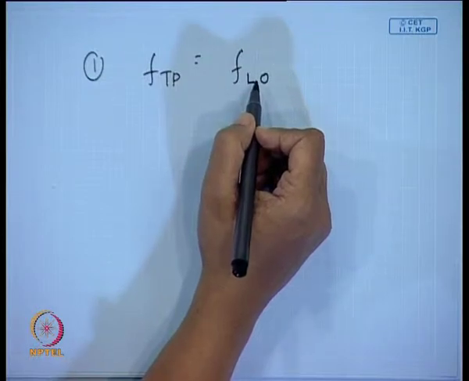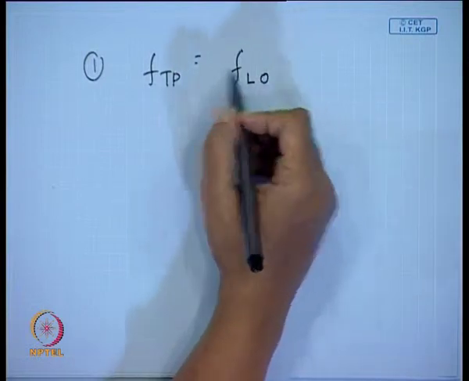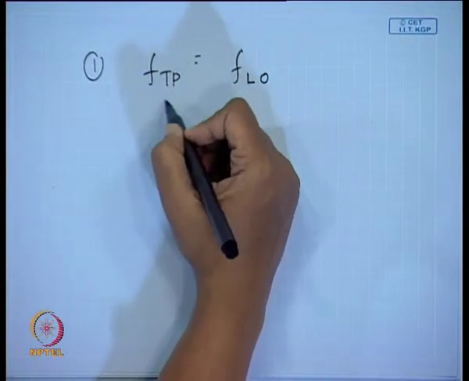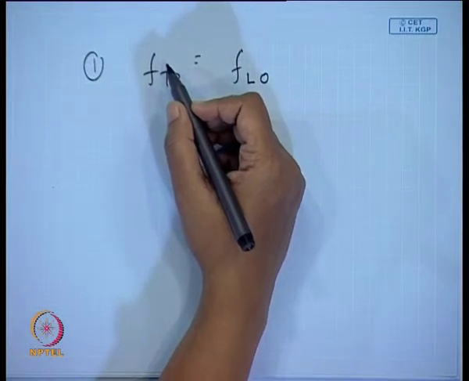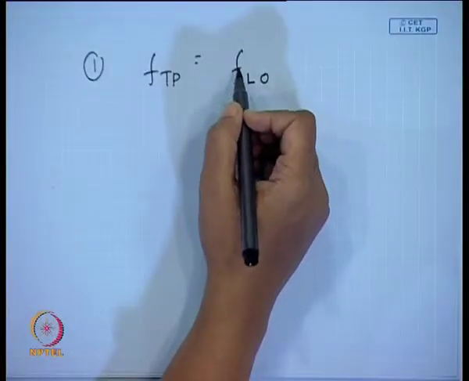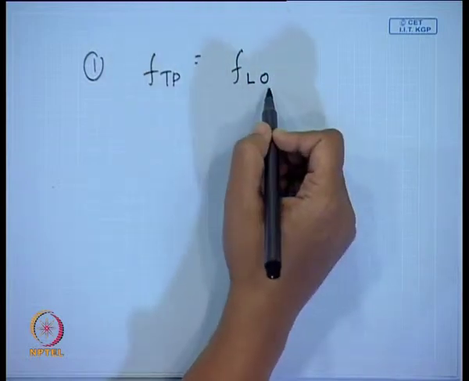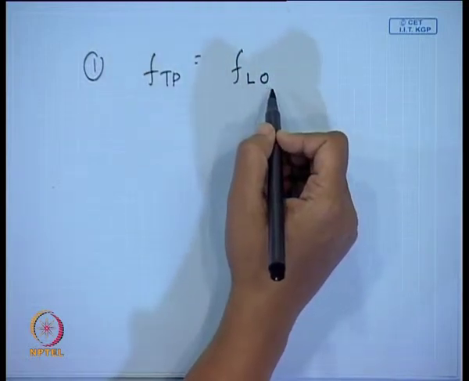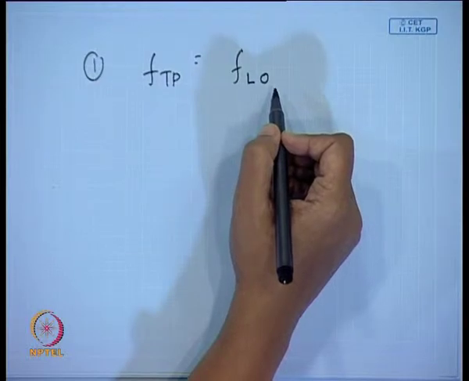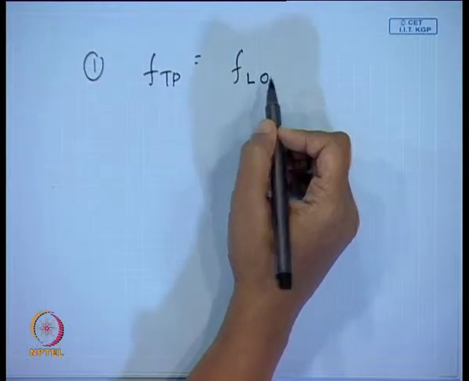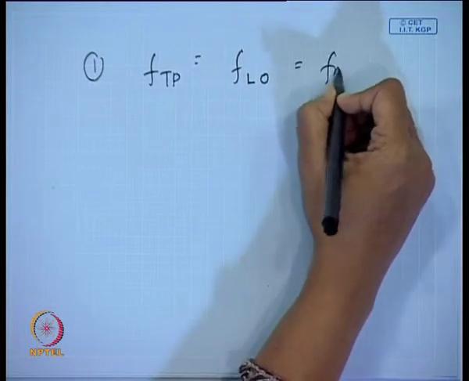Since the vapor quality is very less, in that case we assume that your frictional pressure gradient, or the frictional pressure, arises primarily due to the flow of the liquid phase of the two phase mixture. So, under that circumstance we can assume that FTP is equal to FLO. LO means when the liquid of the mixture is flowing alone in the pipe. So, this FLO, what is it? It is a function of